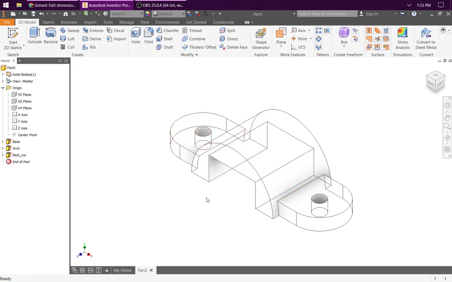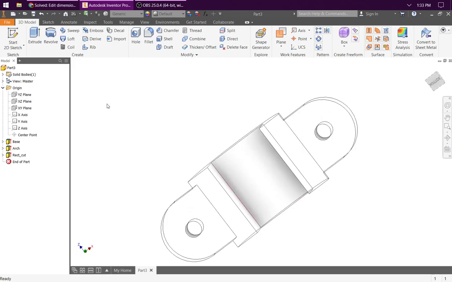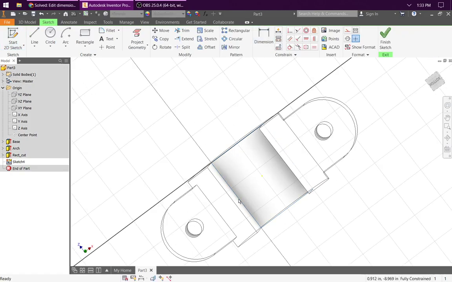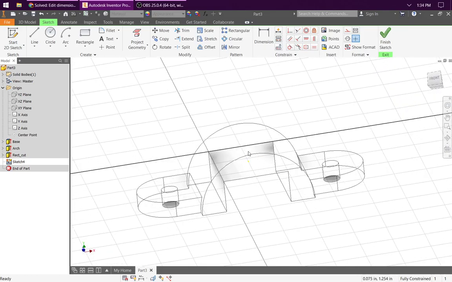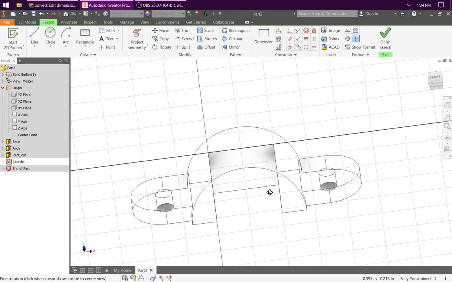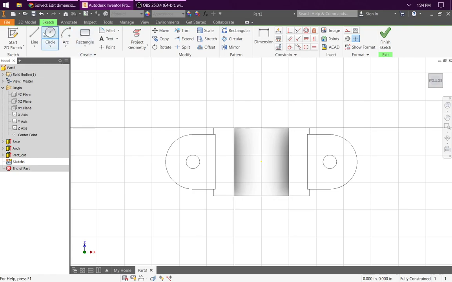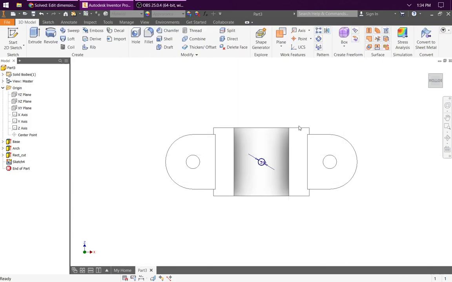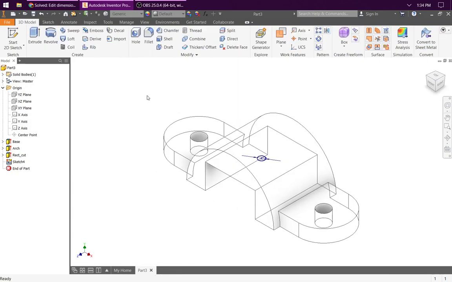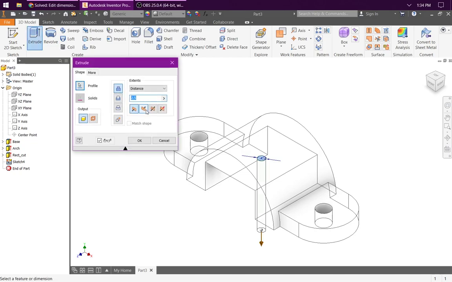Next we're going to make a hole through the top. So I'm going to rotate my model. I'm going to start a sketch on the face at the bottom. I'm going to make a hole, so it's going to be a circle. The center point should show up here when you hover over it, and I want that to be 1/4 inch. I'll finish that sketch and extrude another cut